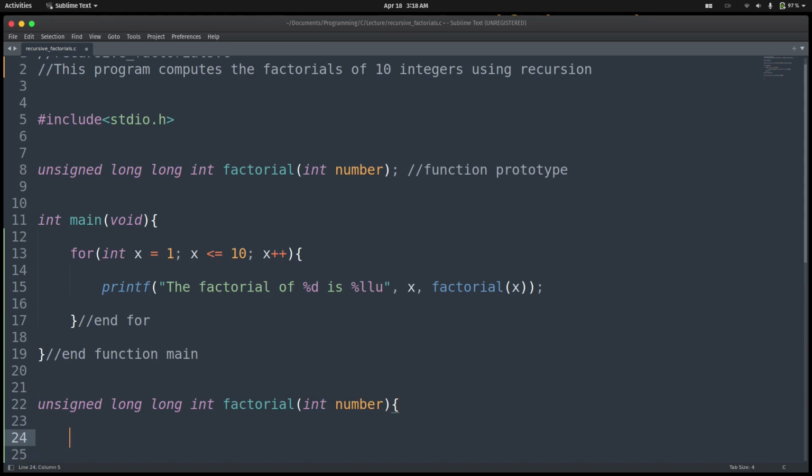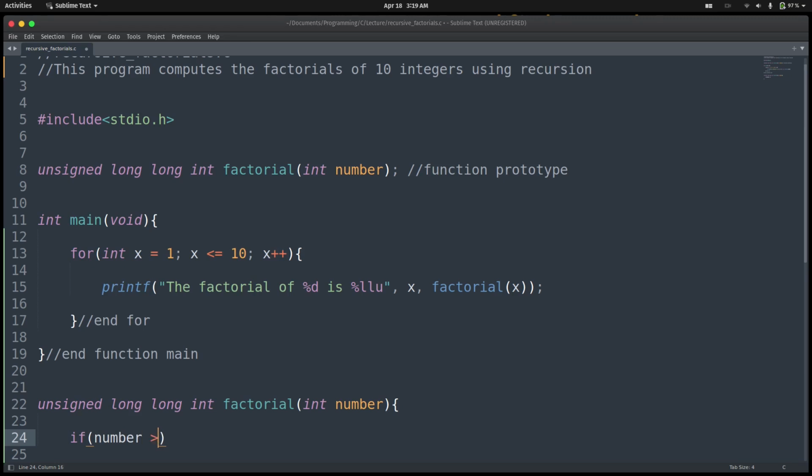All right, so now the first thing that we are going to do, we are going to check if the number is in the base case. As we have seen previously, our base case is when the number is 1 or 0, and we are going to simply return 1 as the factorial. So I'm going to make use of an if single selection statement, to check if the number that has been passed is less than